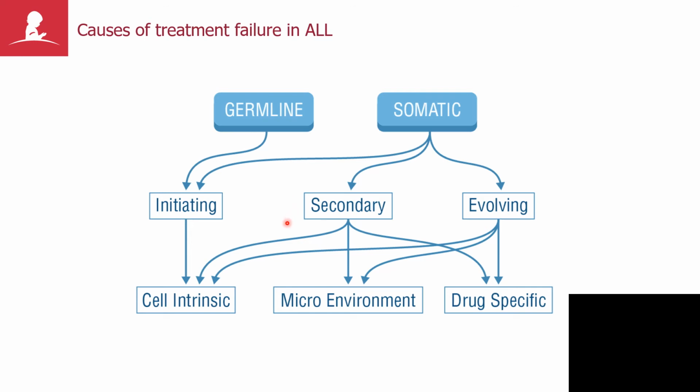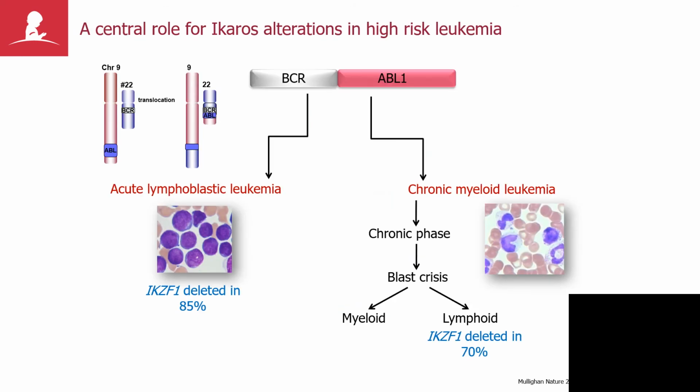And also this drug responsiveness can be related to perturbations in which leukemia cells interact with the bone marrow microenvironments, with the bone marrow niche. And I'll conclude by showing one example of these data now. And so this is a story that started many years ago that we first embarked upon when we asked the question, why do we see one fusion oncoprotein BCR-ABL driving two different diseases, that is acute lymphoblastic leukemia and CML?